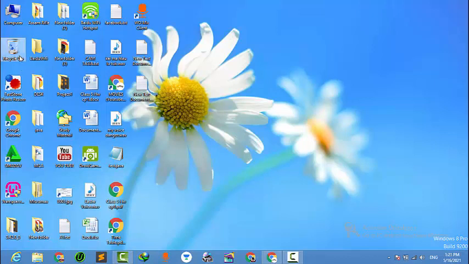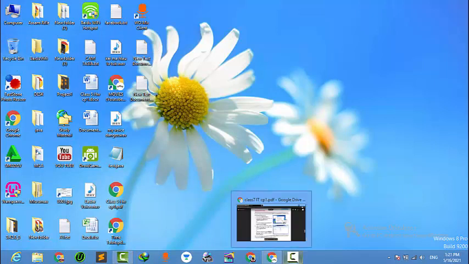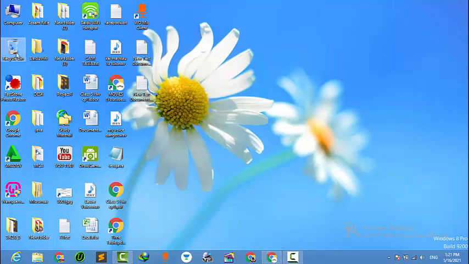So if we delete something from the recycle bin, it won't be recoverable. But if we delete something from the computer, it can be seen in this recycle bin. Okay, the recycle bin is a dustbin. So what is the use of the recycle bin? To restore. If we delete something from the recycle bin, then nothing can be recovered.